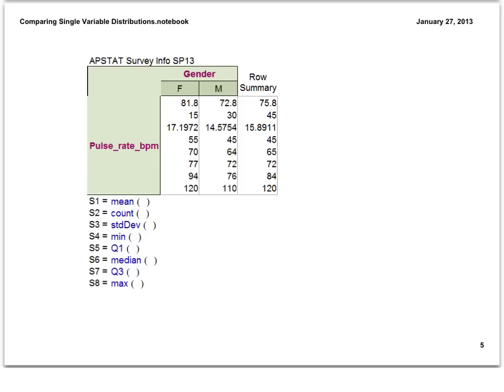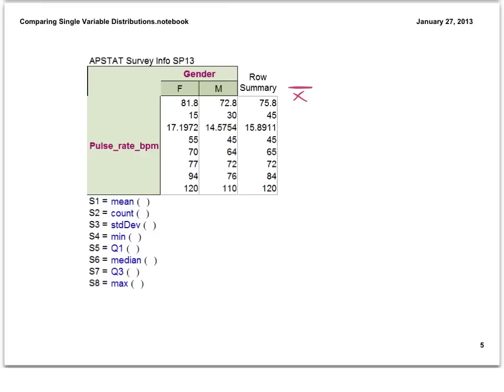We're almost ready for our description. This shows a numerical summary of the distributions of male and female pulse rates. And so beneath the summary table, you have what each row represents, but I'll also write these out to the side so as you're looking at this, it may be more convenient for you to tell what's going on. So the top row is the mean. The first mean, the 81.8, is for females, 72.8 beats per minute for males,